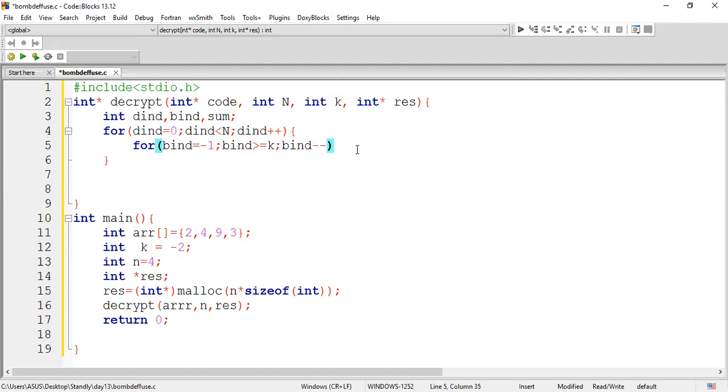So I believe you can understand this one. So if at all my key value is -2, how many times will this loop be executed? 2 times. So first time it will be -1, second time it will be -2, third time when it comes for -3, my loop will break. So I'm taking my loop as a negative value. Okay, this is done.